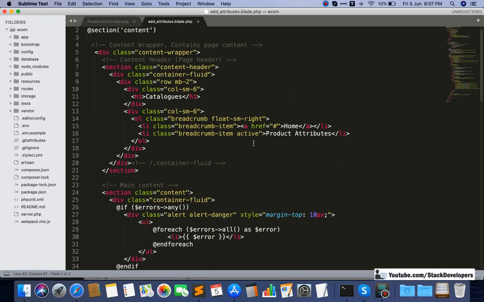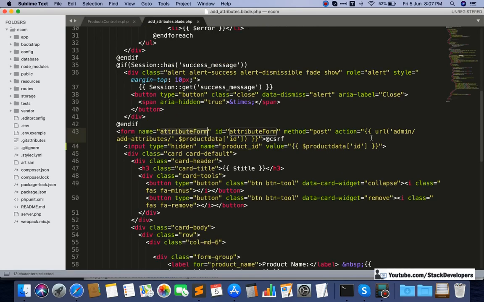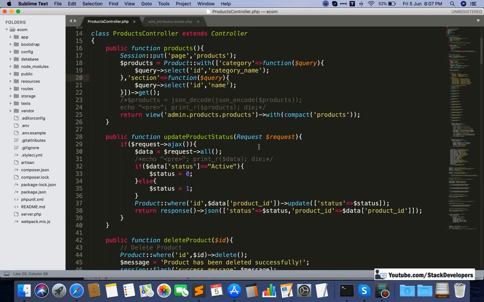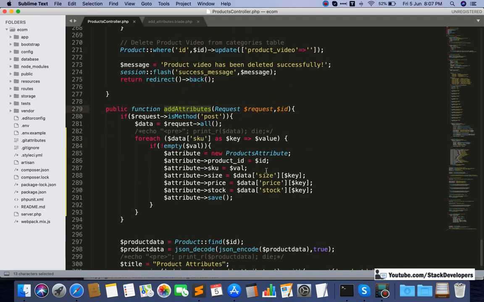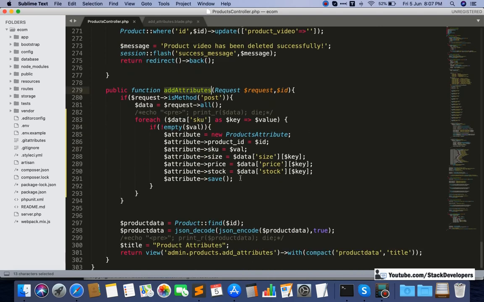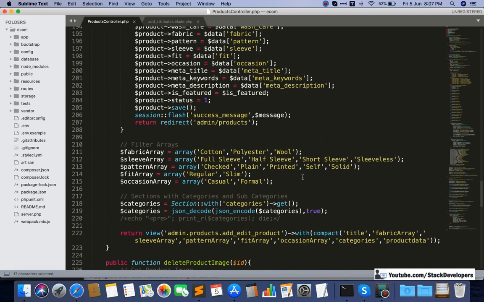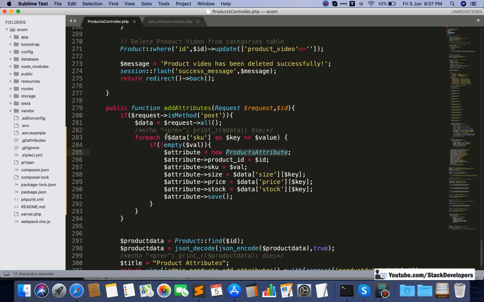So I'm going to check add attributes here, the attribute form, add attributes, everything seems to be fine. I'm going back. I need to debug the code now, I think. So here it must work. Products attribute we have also added at the top now. So it might be not coming inside this condition. So we need to debug here. Sorry, this one I had taken the wrong one, that's why the issue has come. Now it will work fine.